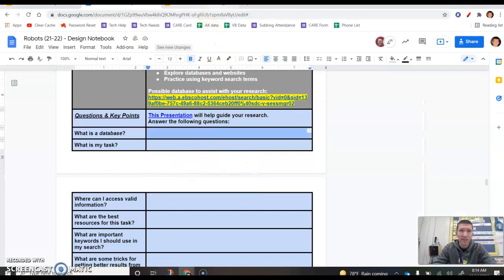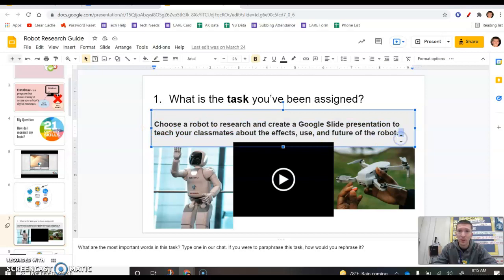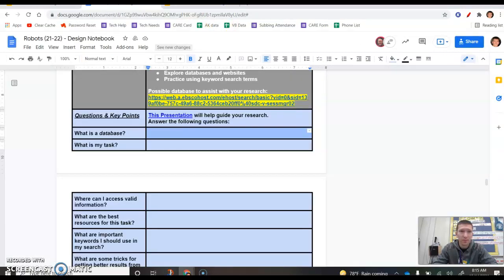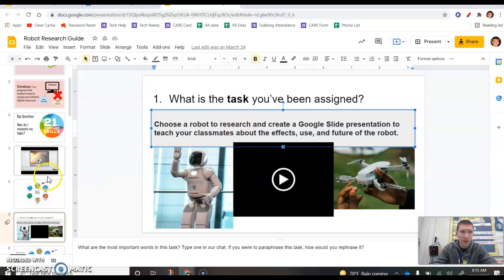What is a database? So you can go to this Google slide presentation or use the video in here and just take this answer and put it into the question. Oh, sorry, that's what is my task? So the database was already shown previously in the slide, but what is your task? It is right here, okay? So as we go through then the next one,